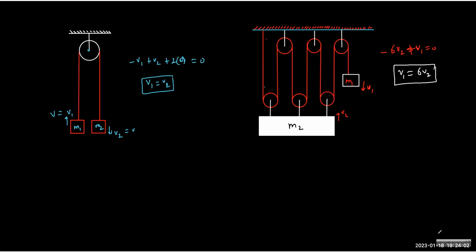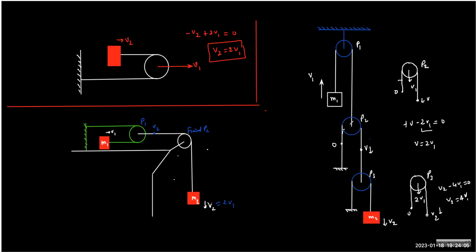If you come across any question, see, I can tell you here. You know what will happen if M1 will move, P2 will move the same way because they are connected by the simple Atwood machine kind of structure. But for P2, it's interesting. If P2 will move, the left will not move, so the right will move. All of the movement will go to the right, and P2 motion will make the right side move double speed. And if the right will move with double speed, P3 will also move with that double speed, and so its right will move with its double speed. Can you see that organically?